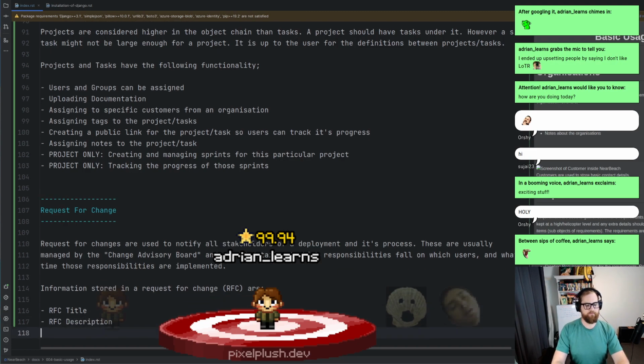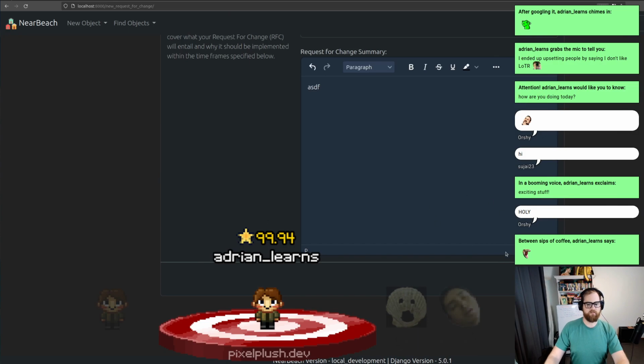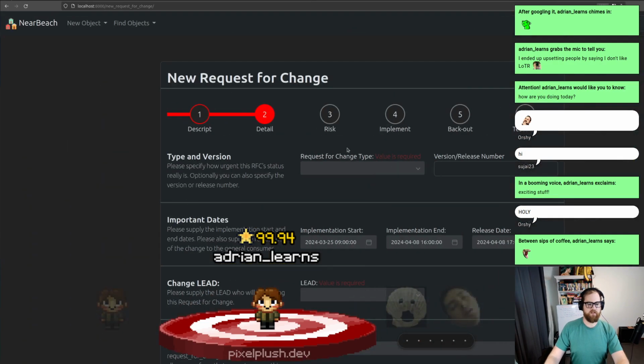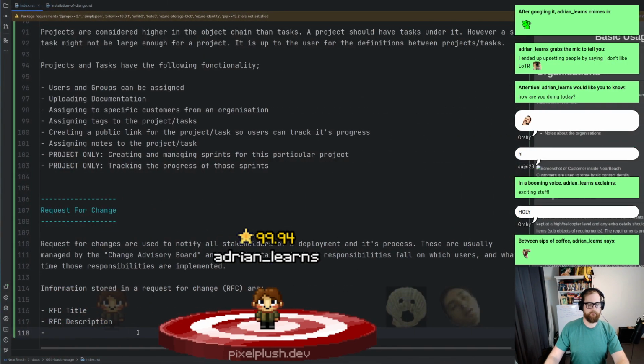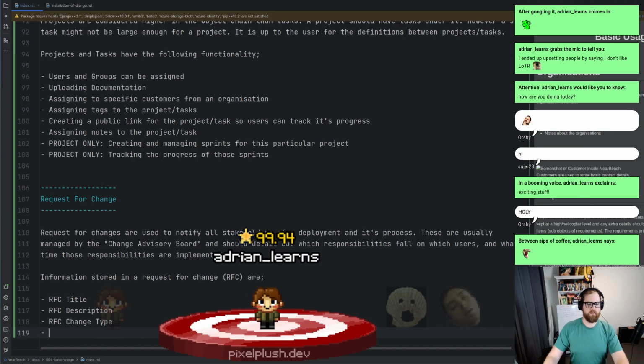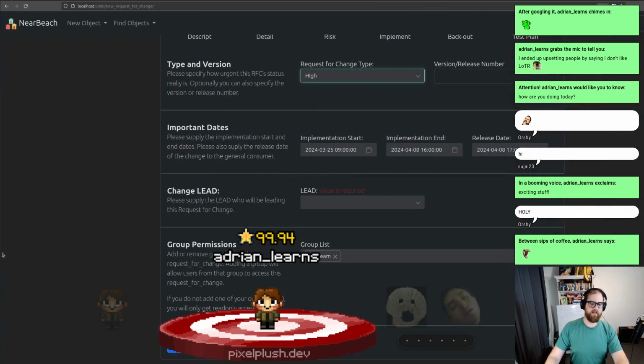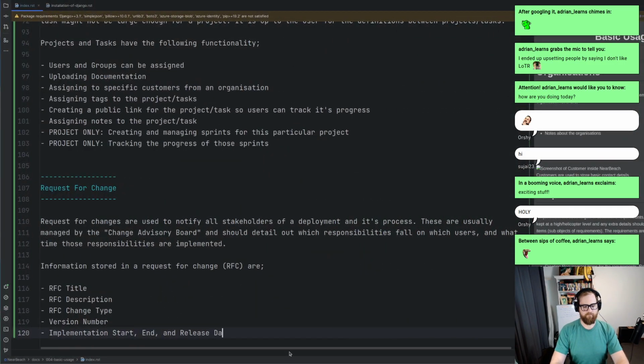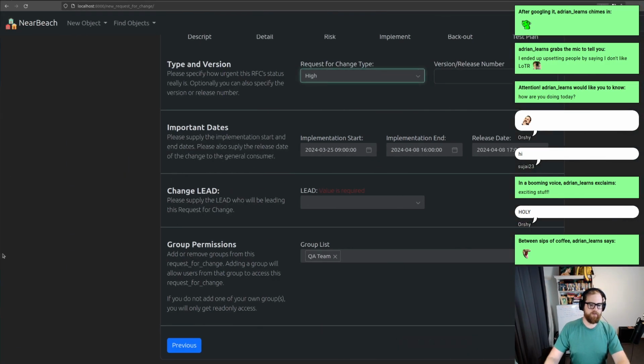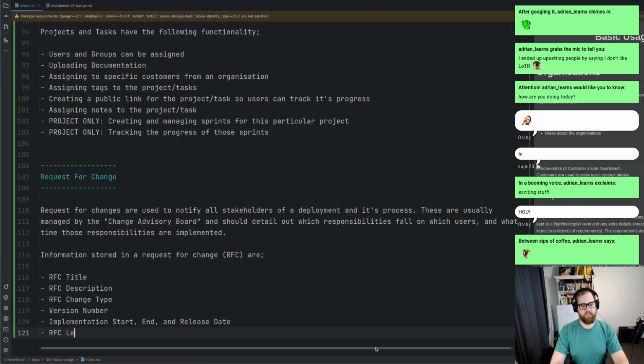RFC description, the change type, the version number, implementation start, end, and now release date. So the lead, RFC lead,